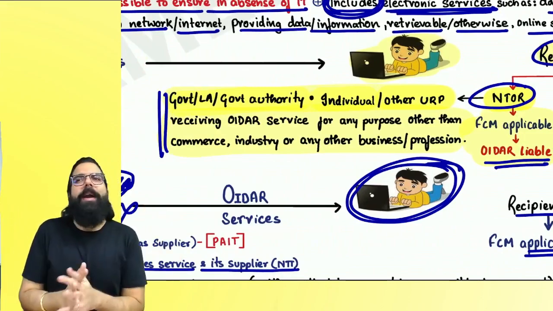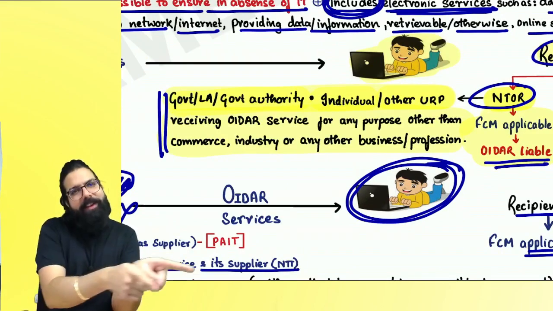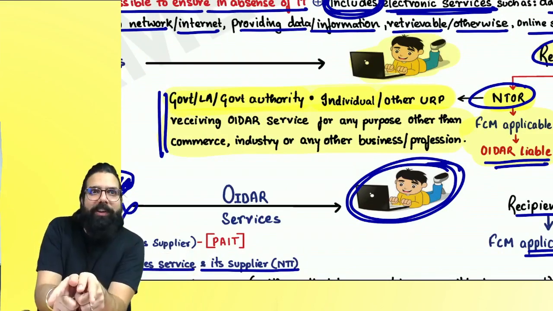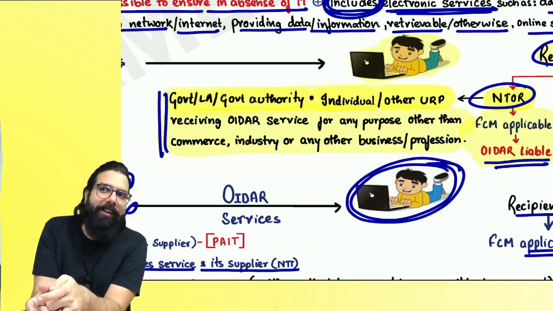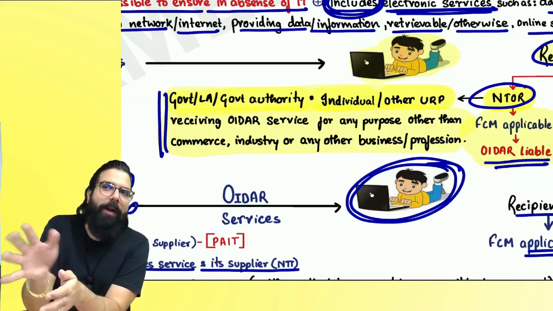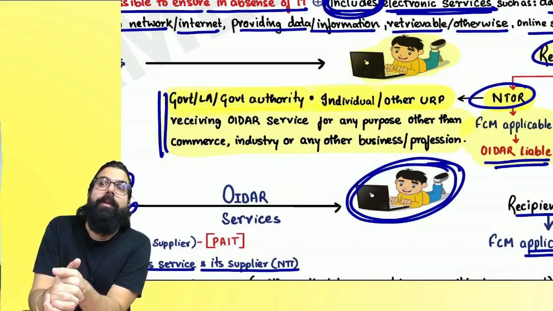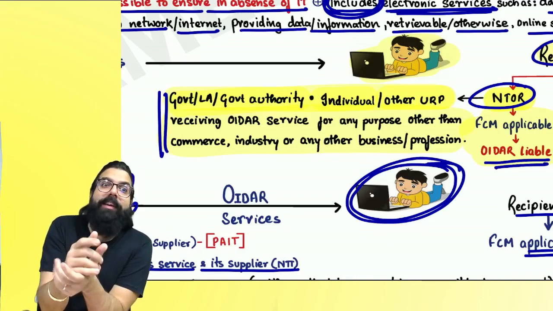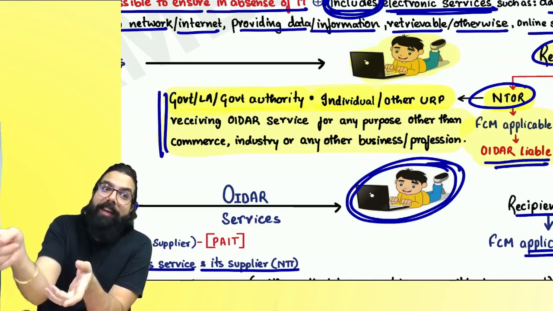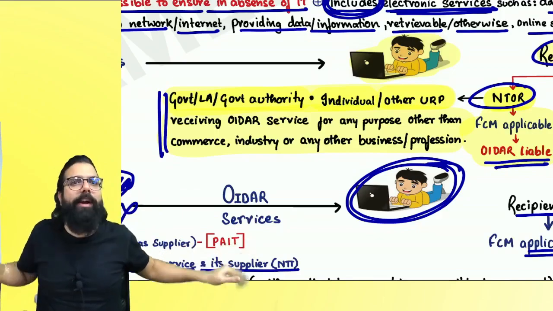Can I go ahead? You know practically what happens, if you put your GSTN number, you have to pay GST under RCM. If you don't put your GSTN number, go to one OIDR website today. GoDaddy, buy one website, put your GSTN number over there. Take your client's GSTN number, don't buy. When you put the GST number, you will see no taxes. It means they are telling you have to pay GST under RCM. But if you remove the GST number, then they will charge you taxes. It means they will collect and they will pay. Is my point clear to all? Can I go ahead, everyone?